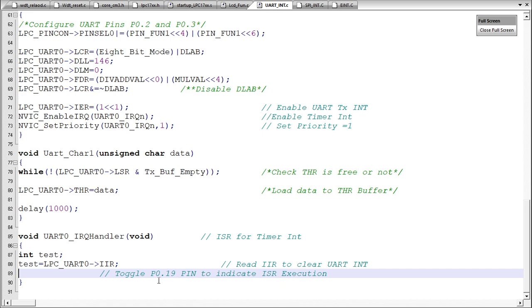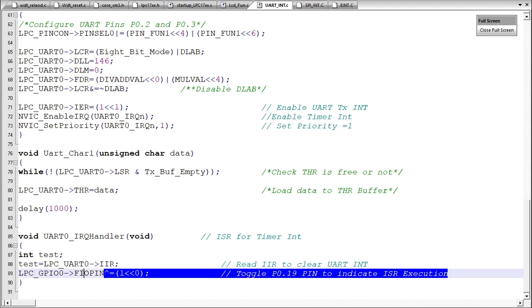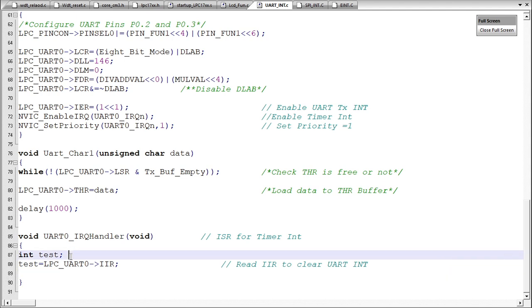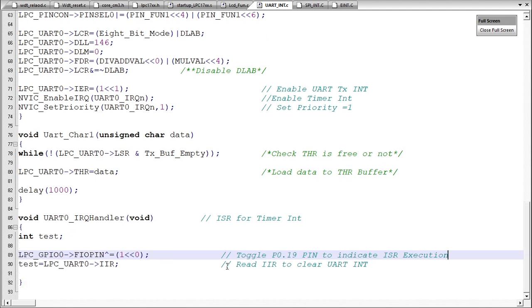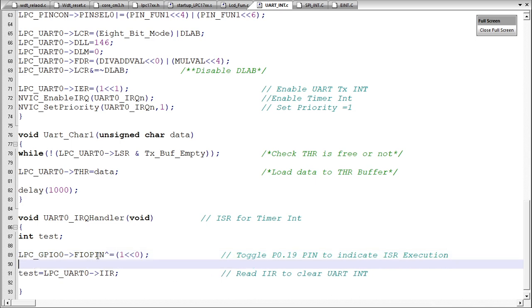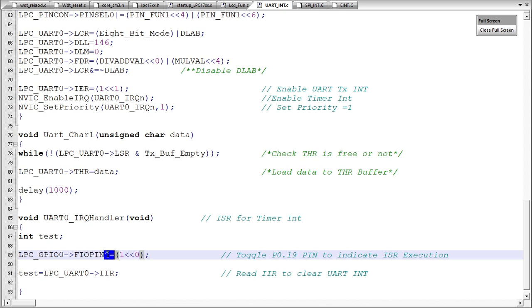That action is nothing but toggling one port pin. P0.0 I'm going to toggle here. You can see I'm toggling using the XOR operation. The cap symbol you are seeing is nothing but XOR. So whenever data is transmitted, for every one character the port pin is going to toggle 0, 1, 0, 1 like that. So I toggle P0.0 to indicate the ISR execution, and then I'm going to